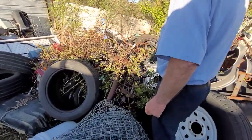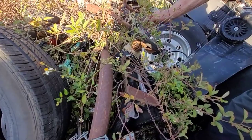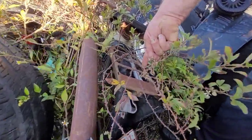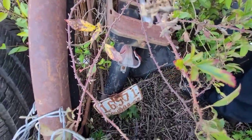See this guy here? I can see it down in there. Look at that seat. 47 is the original pump. See? Wow, the original air pump for the tire. Look at the motor in there. The plate on the front says